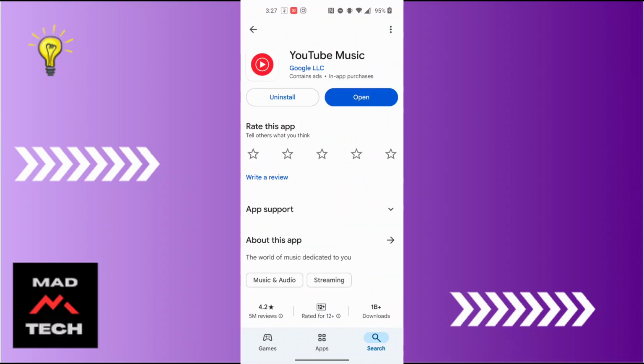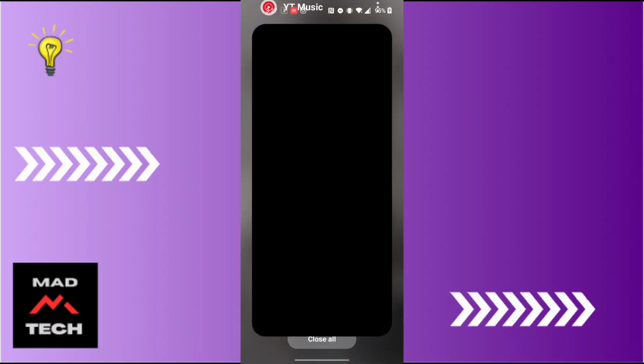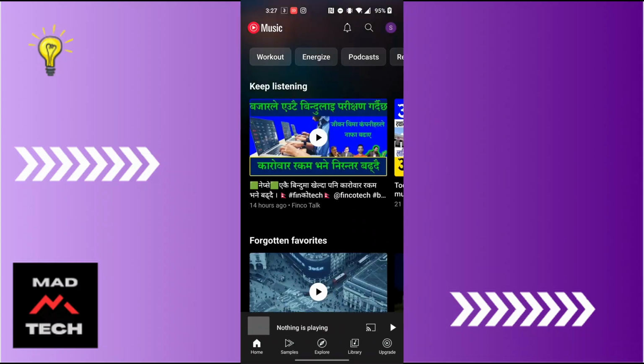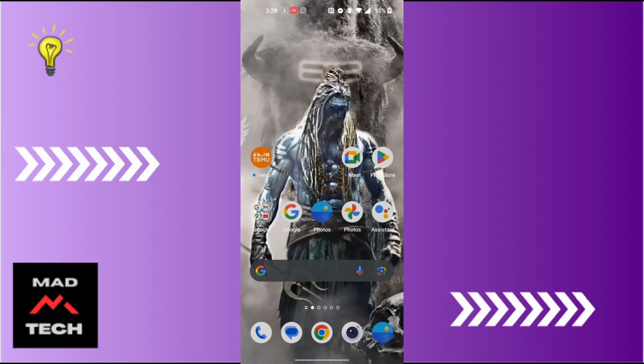and if there is the update button available for us over here instead of the uninstall, tap on the update button, and then your YT Music app will be updated on your phone, and that might fix the crashing problem of the YouTube Music app. And after updating, check whether your YouTube Music app is functioning or not. And after doing that guys, let's go back. And after doing those two guys, if your YT Music app is still crashing on your phone, then go back